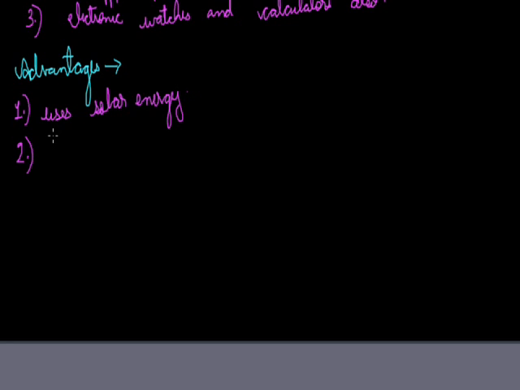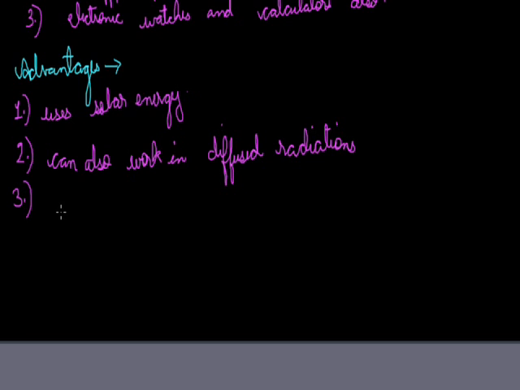Means while studying solar cookers, we have some devices which concentrate the solar energy to a single point. But in these cells, we do not take any such apparatus to concentrate light to a single point. These are the cells which can also work when there is diffused radiation. And last, they do not cause any pollution. Though they are costly, they have advantages too.